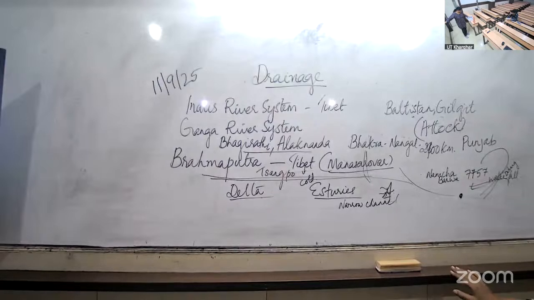Okay? Now the Godavari Basin. You read it. The Godavari is the largest peninsular river. So which is the largest peninsular river? Godavari. Okay. It is also known as Dakshin Ganga because of its length. It rises from the slopes of the Western Ghats, in the Nasik district of Maharashtra. So where does it originate? Nasik. Okay.